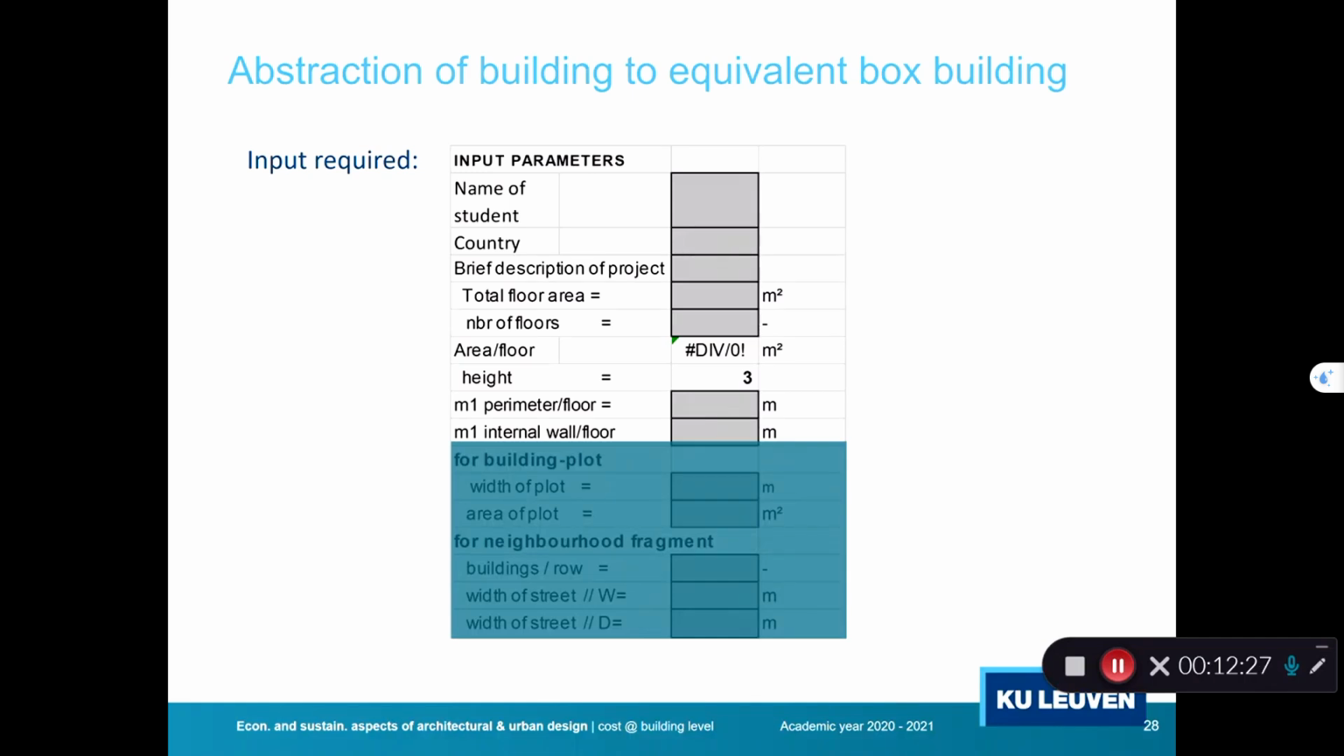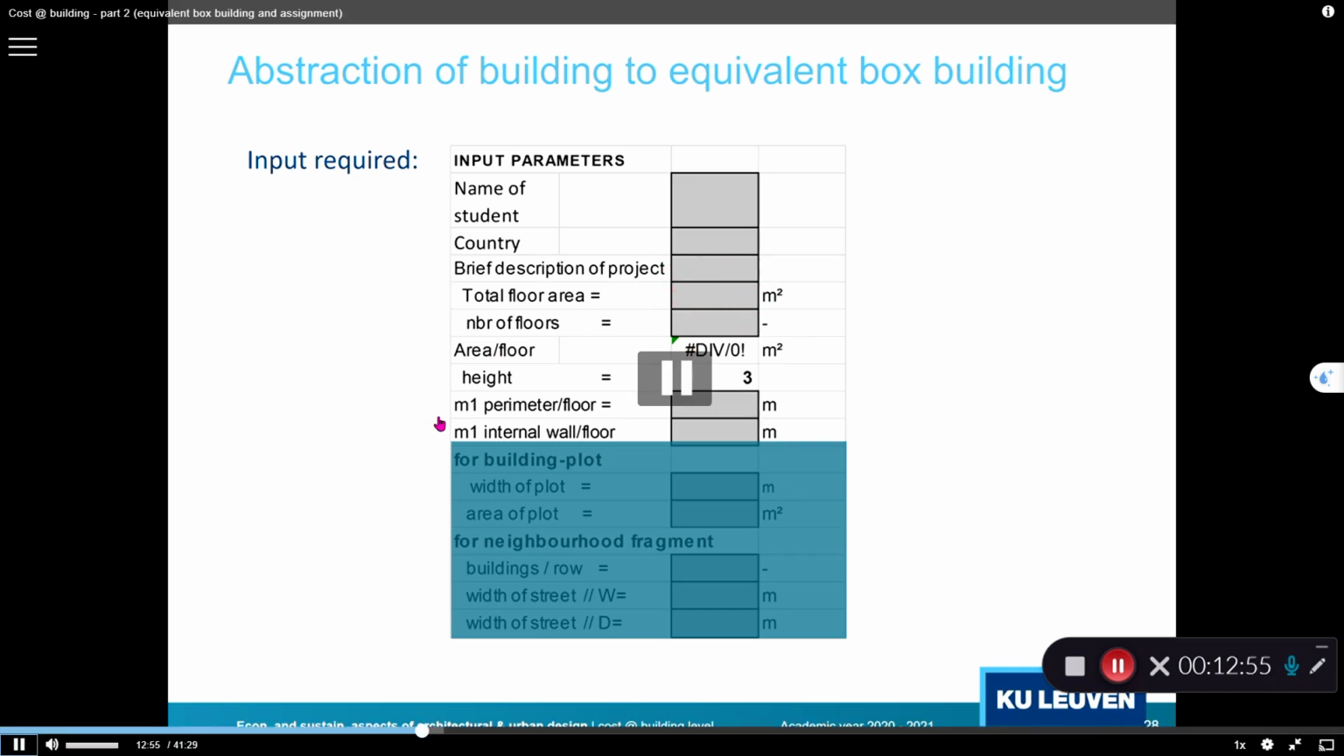It is in an Excel file, but you will first do it manually, so I'll explain how the calculations are being done, and then afterwards I can check if your calculations are correct, yes or no. So to ensure that I can check your calculations, you need to fill in your name and your country and a brief description of the project so I can identify who you are. Then you fill in the total floor area of all floors together. So if you have 6 floors, you add